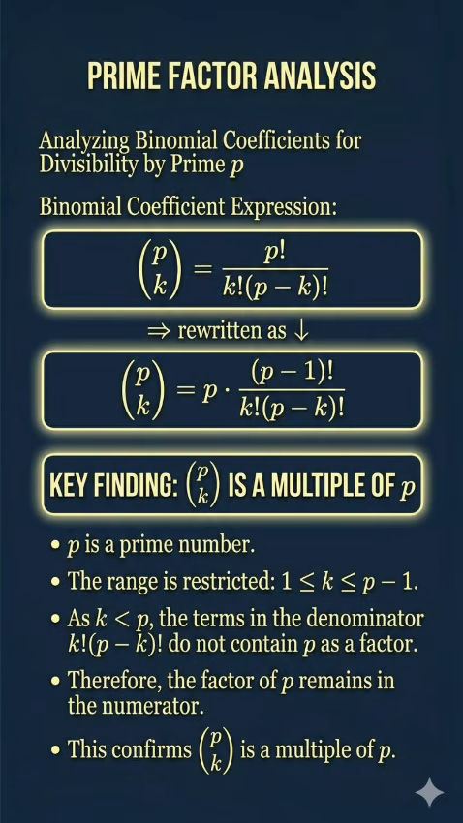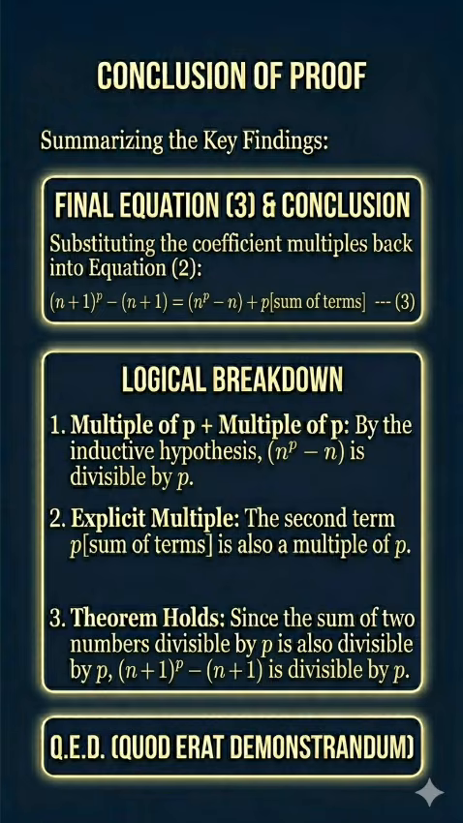Finally, we bring it all together in equation 3. We know from our initial hypothesis that n raised to the power p minus n is divisible by p. We have just shown that the second part of the equation, the summation, is also a multiple of p. Since the sum of two multiples of p must itself be a multiple of p, we have successfully proven that n plus 1 raised to the power p minus n plus 1 is divisible by p. The induction is